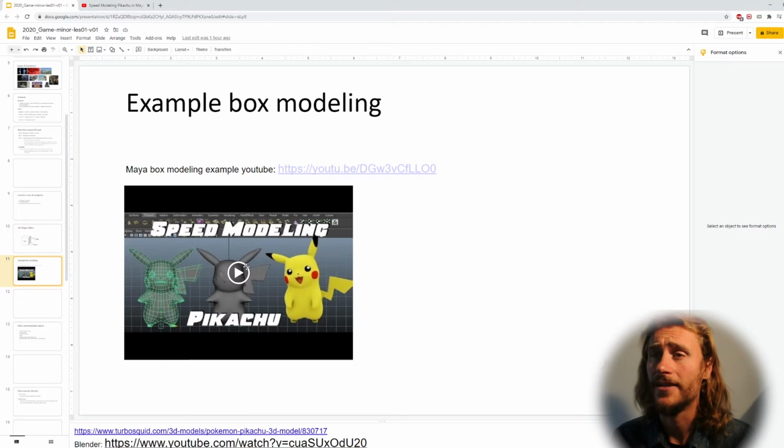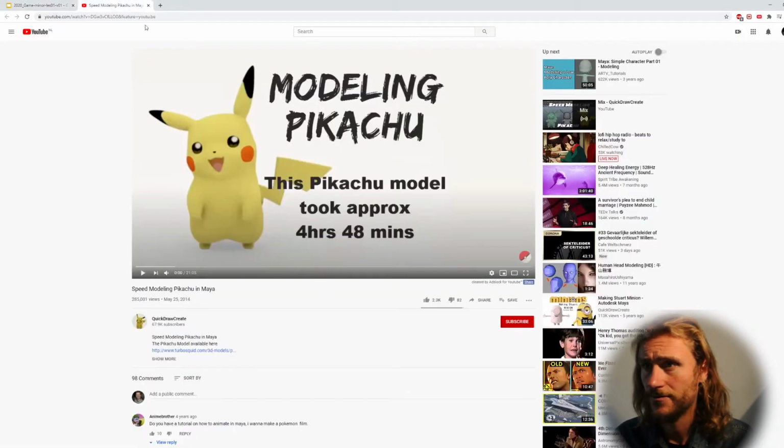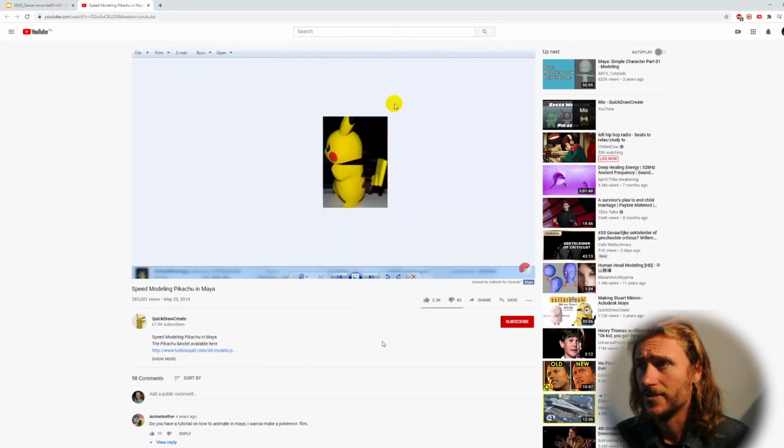So let's look at an example of box modeling, and let's see if we can look at this speed modeling. You can look up any video. It's just some video from YouTube of how box modeling can go. So let's look at it a little bit. So in this case,